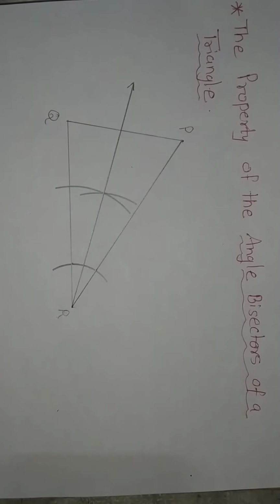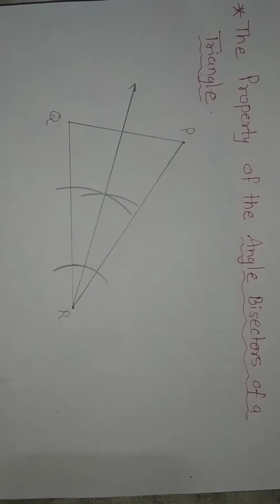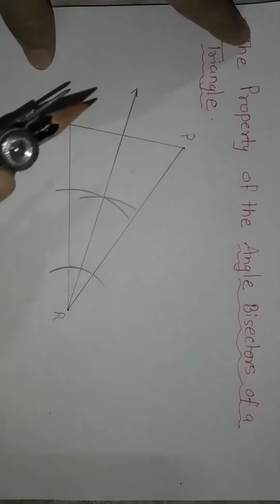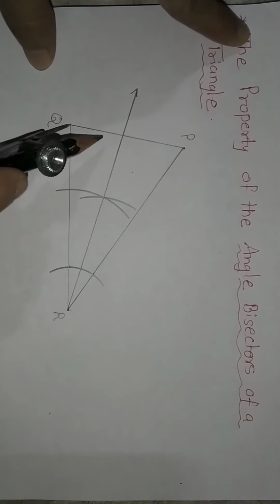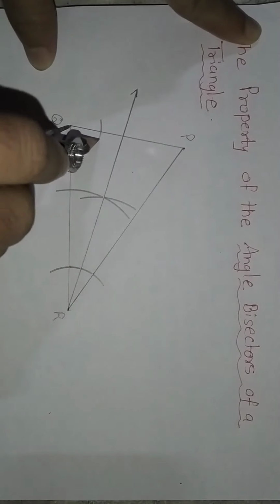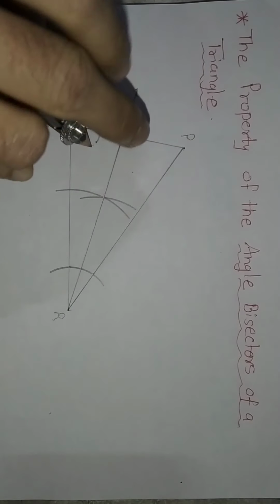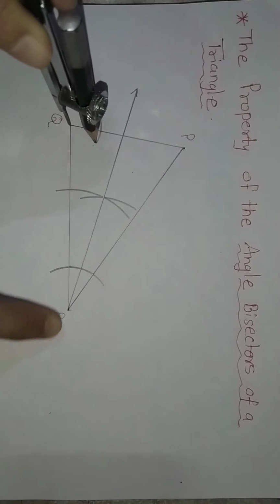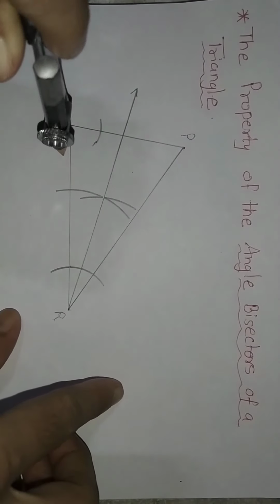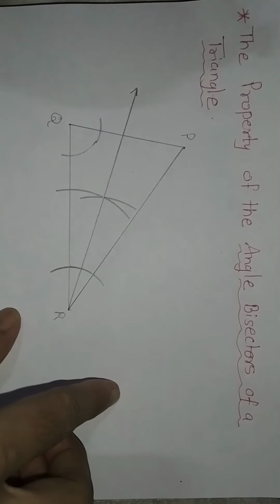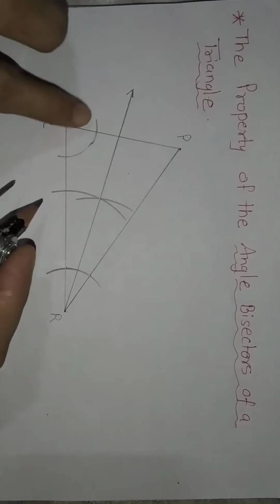After that, take your compass, put one end of the compass on point Q and draw a small arc which will cut segment QP and segment QR at two different points. Okay, so as we have drawn this small arc,